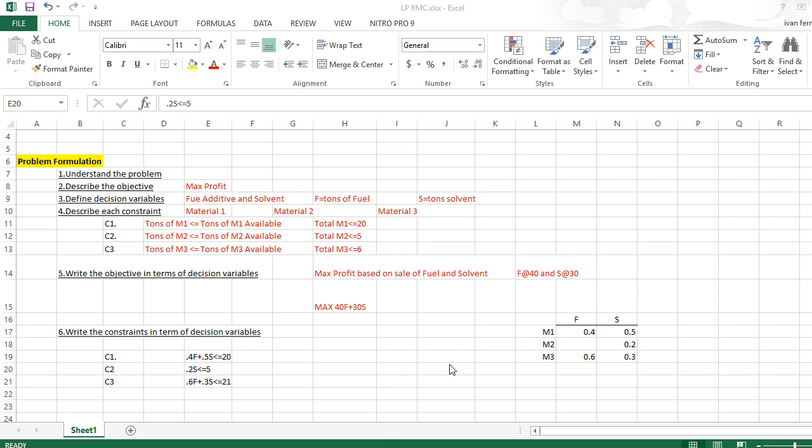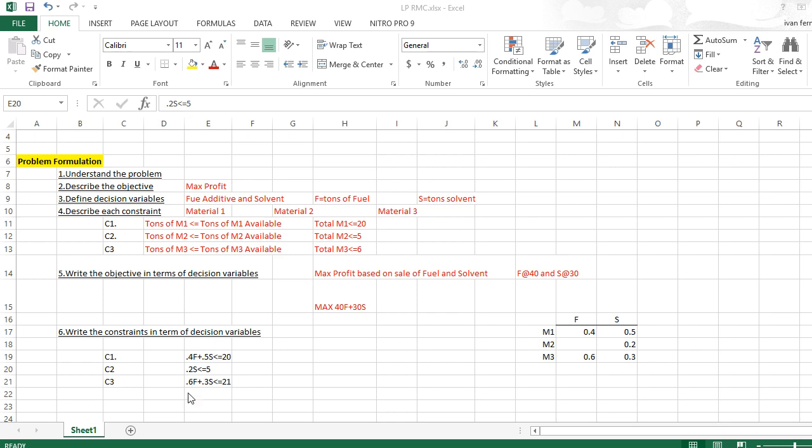Technically, at this point, you're done in terms of formulating the problem. You're not done with the answer. You haven't even figured that out yet. But you're done formulating the problem, except there's one final step that you always need to add, which is you need to add your 2 non-negative